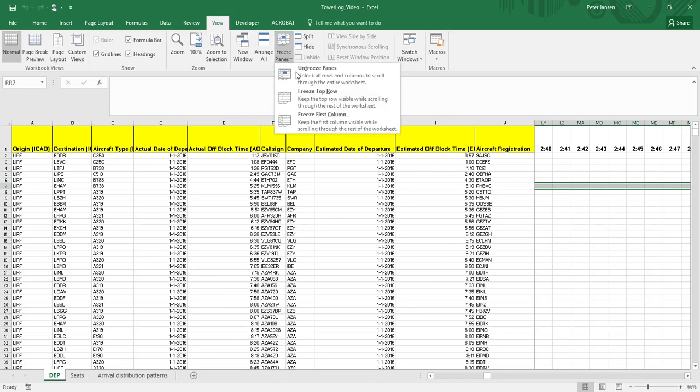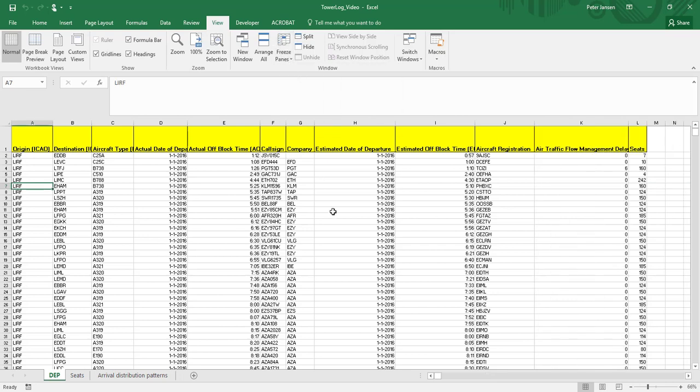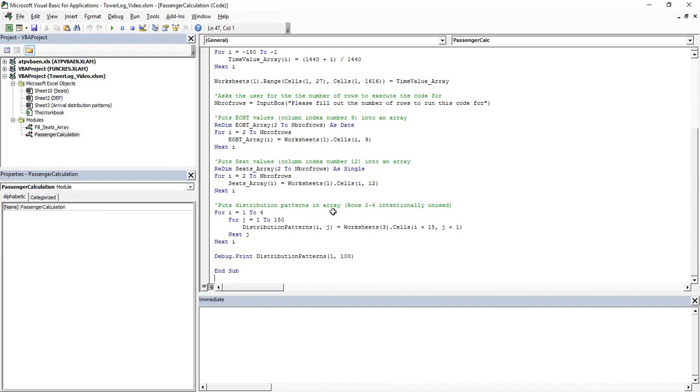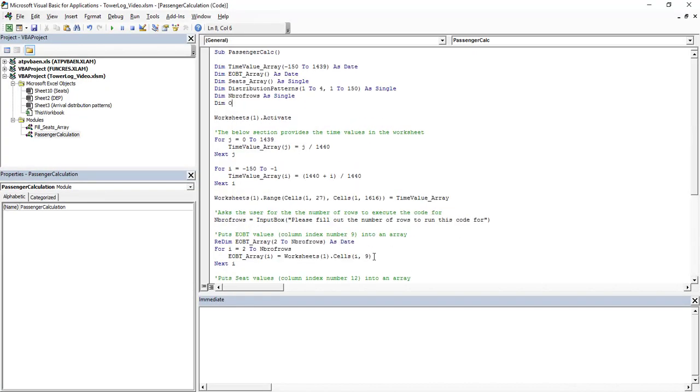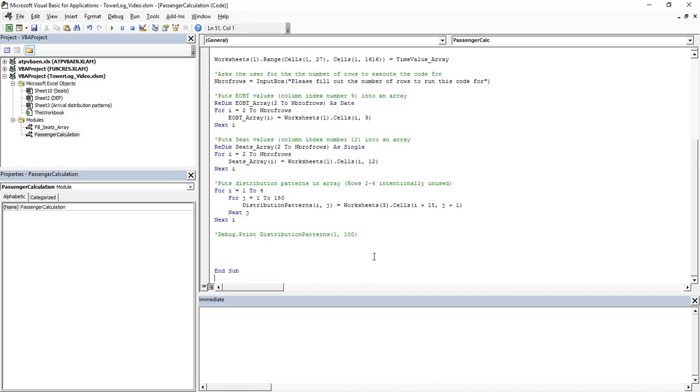So I'm going to unfreeze panes and move back to the VBA editor. So let's start by declaring my output array here. And I'm going to make it a dynamic array as variant as data type. Later on we will see why that is. And here then I'll start with a redim statement for output array for 1 to the number of rows on the one dimension, and on the other dimension I'm going to size it from -150 to 1439,